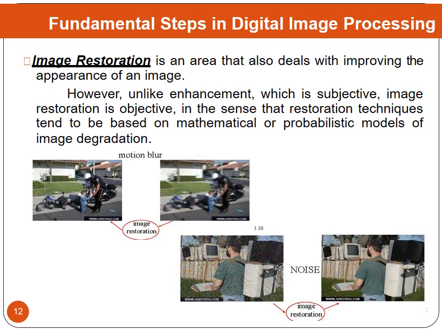The next step is image restoration. What is image restoration? While compressing and enhancing an image, some data can be lost. In order to recover the data that has been lost, we go for image restoration without degrading the original image. For example, there can be a blur due to motion, and that can be restored by using image restoration. It is clearly explained by the example that is given.